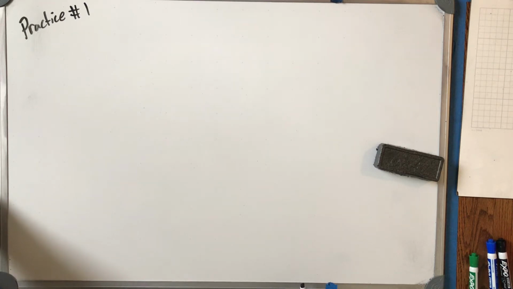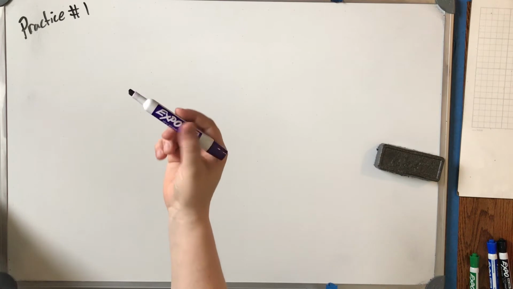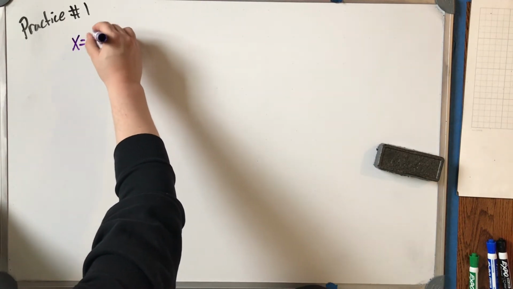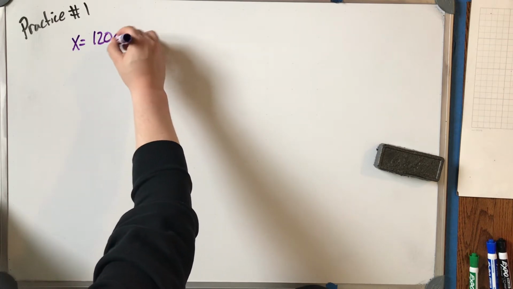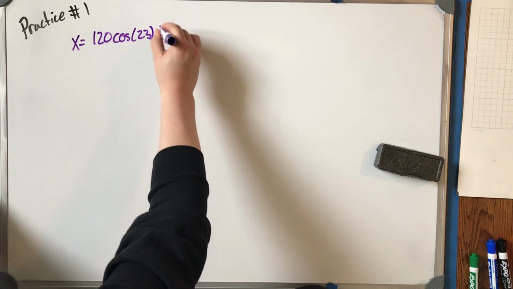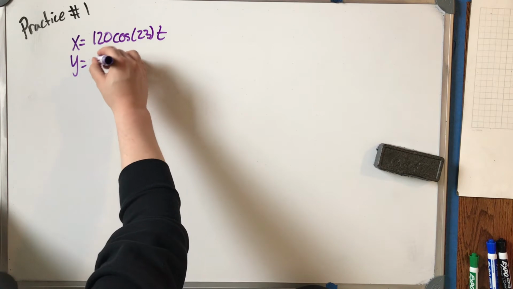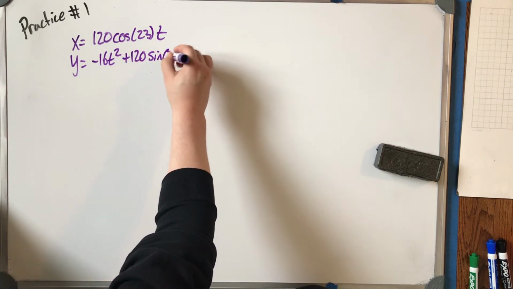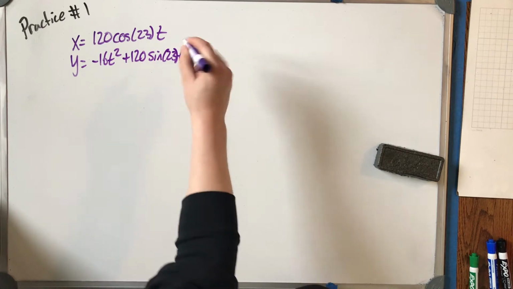All right, for practice number 1, we got a baseball being hit 4 feet above the ground, initial speed 120 feet per second, angle of 23. So I'll start off by just writing the equations. So x is going to be 120 cosine 23 t. Y is going to be negative 16 t squared plus 120 sine 23 t plus 4 feet off the ground